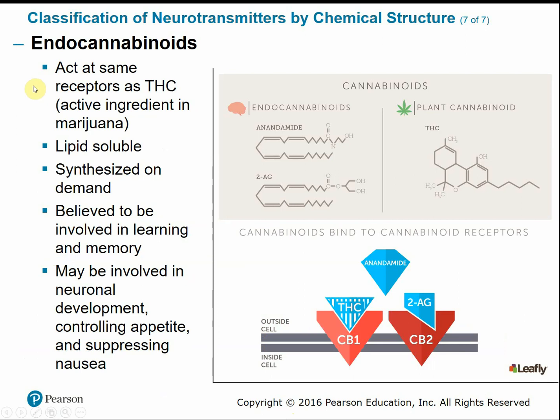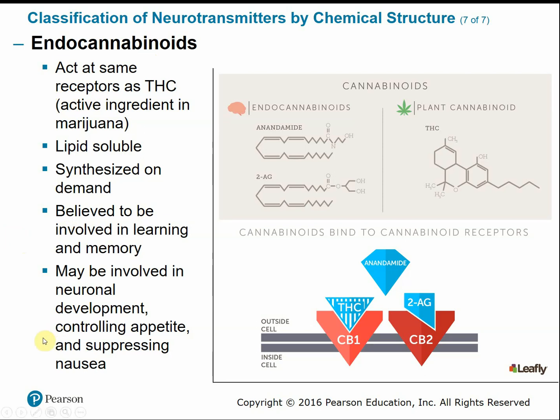Endocannabinoids are naturally occurring neurotransmitters that are chemically similar to THC in marijuana. So they're going to act at the same receptors as that THC. These endocannabinoids are lipid soluble, believed to be involved in learning and memory, as well as neuronal development,